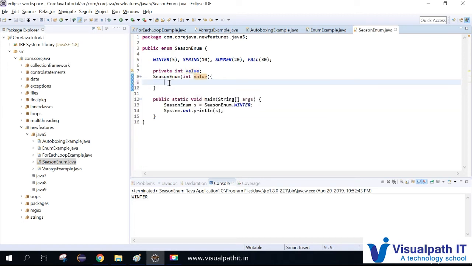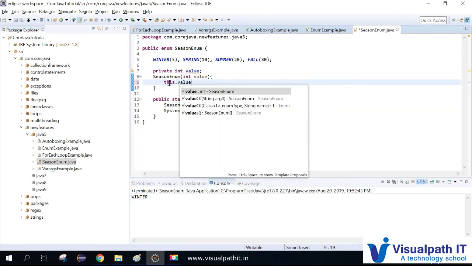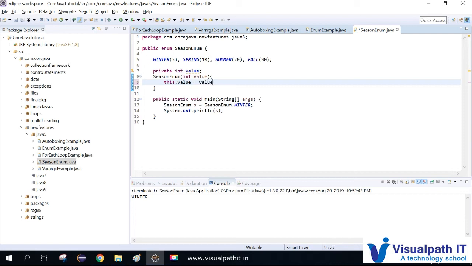The way to access this variable is this.value = value. This.value refers to the enum attribute, and value refers to the constructor argument. Or if you want, you can give a different name, like v, then you don't need to mention this, or you can directly give value. Either way you can do it.